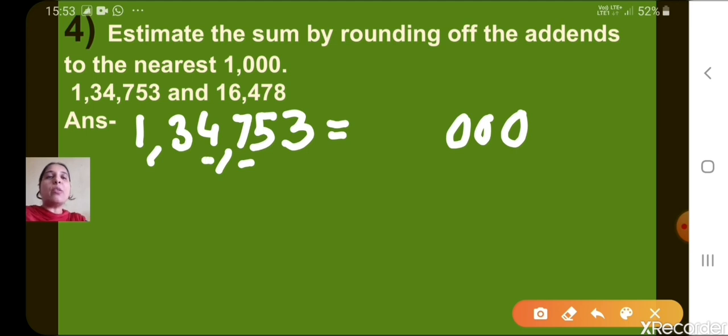So 4 plus 1, what will we get here? 5, and this 3 and 1. So what will be the round off of 1,34,753 to nearest 1,000? It will be 1,35,000. Now let's round off the second addend, which is